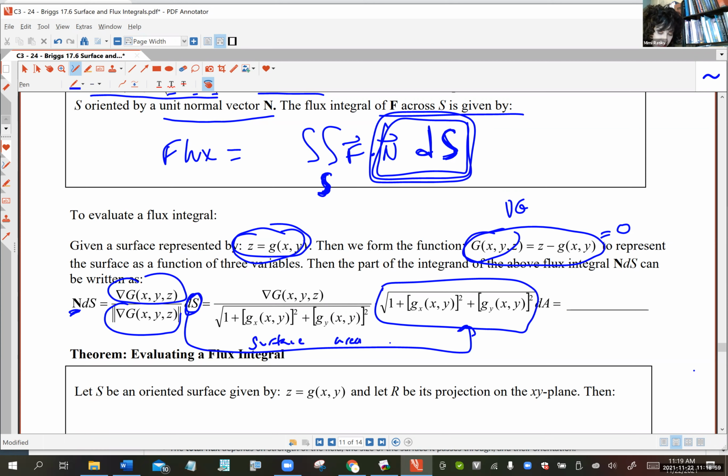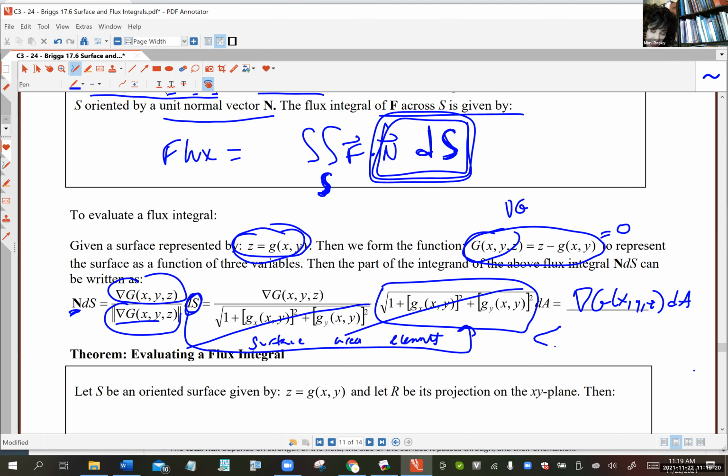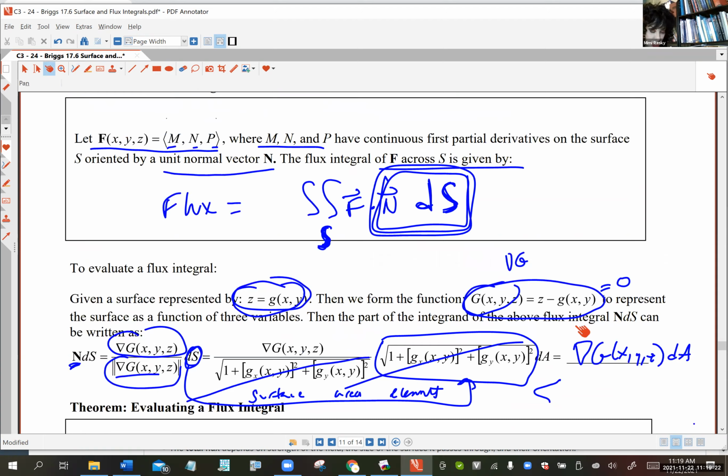But wait a minute, that surface area element, that radical, exactly matches the radical of the magnitude of the gradient for the surface. So they cancel. All right, woohoo. So what's the only thing that's left? Your gradient, dA. That's right. Which is, if you use the oriented up version over here,